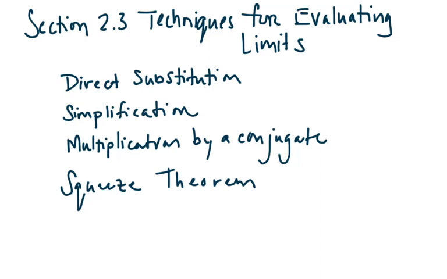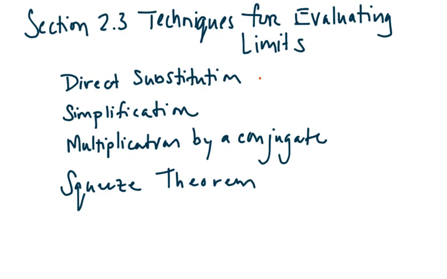Alright, section 2.3, techniques for evaluating limits. So there's a few techniques that I want to cover: direct substitution, simplification, multiplication by a conjugate, and the squeeze theorem. So direct substitution is by far the easiest. That's just going to involve plugging in whatever number you're approaching to the function that you're trying to evaluate the